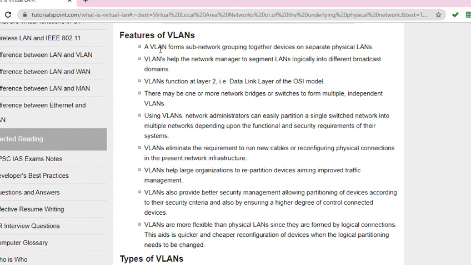Features of VLAN. A VLAN forms a sub-network, grouping together devices on separate physical LANs. VLANs help the network manager to segment LANs logically into different broadcast domains. VLANs function at layer 2, the data link layer of the OSI model. There may be one or more network bridges or switches to form multiple independent VLANs. Using VLANs, network administrators can easily partition a single switched network into multiple networks depending upon the functional and security